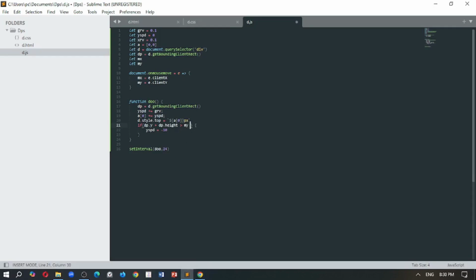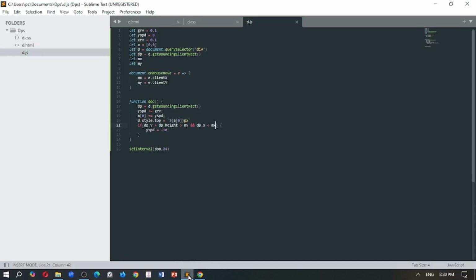What we need to do is that we need to check if then dp.x is less than mx. Of course, this does work, because now when I put the mouse here, it doesn't affect it,